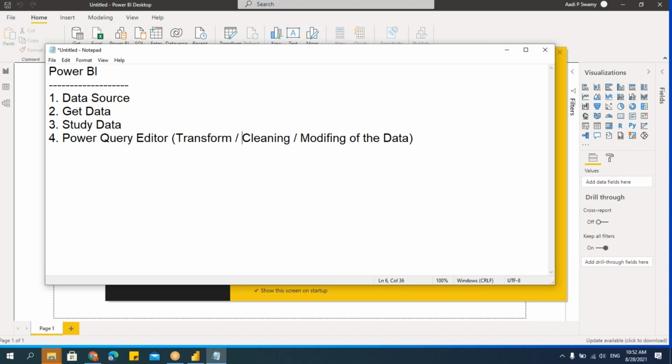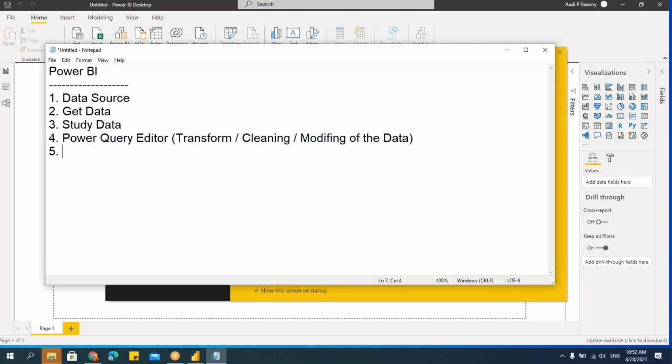If I'm not structuring the data, 100% I'll tell you, you cannot create the reports you are actually expecting. That is why data is important. Not only in BI, everywhere data is very important, right? So Power Query Editor is used after getting the data, and then you start modifying and transforming the data according to my requirement, right? Okay. So while transforming, it will modify the existing data, or we can create some more columns by using the existing data.